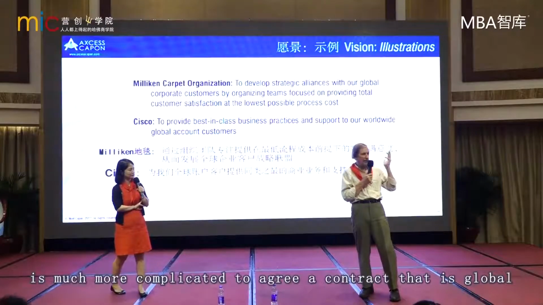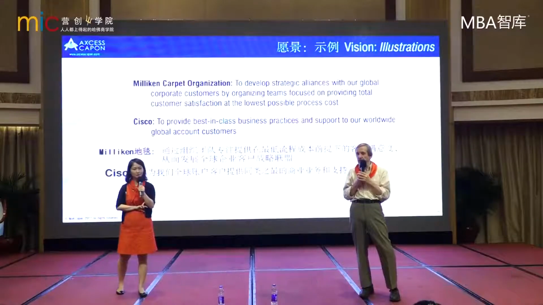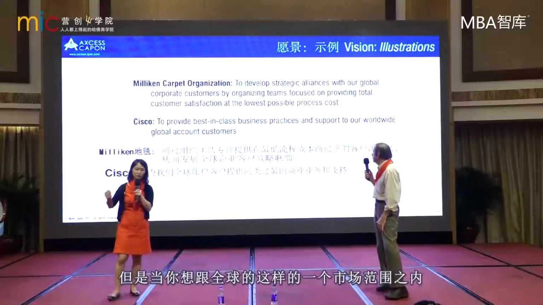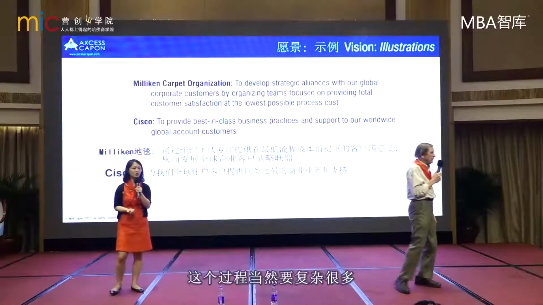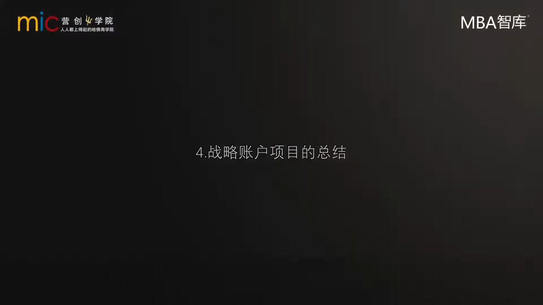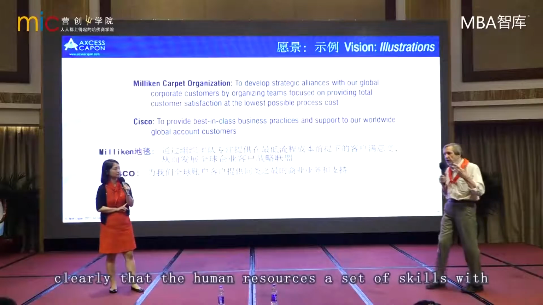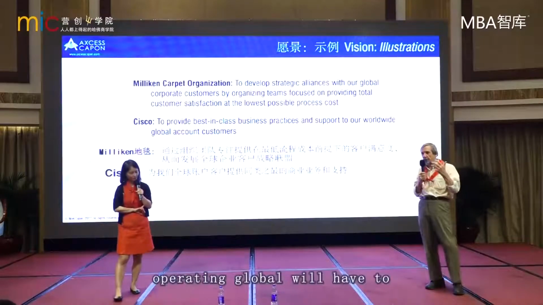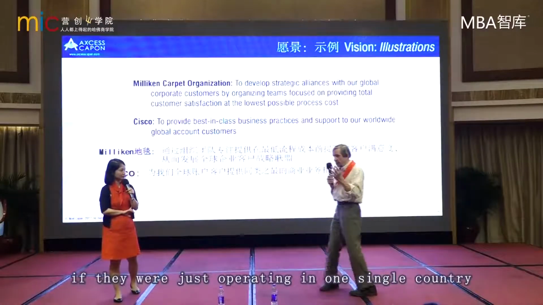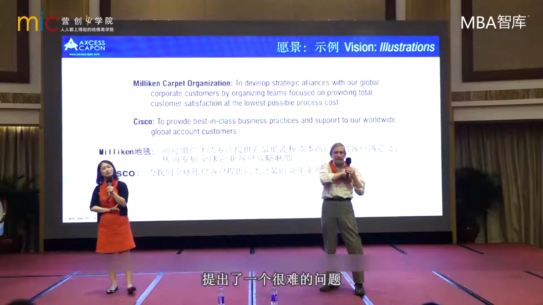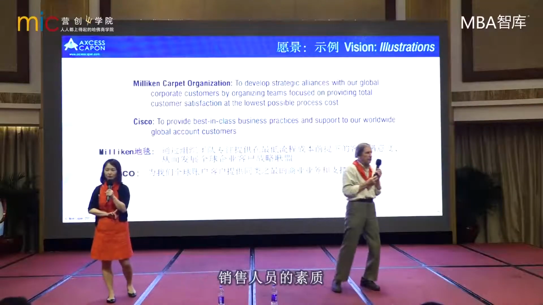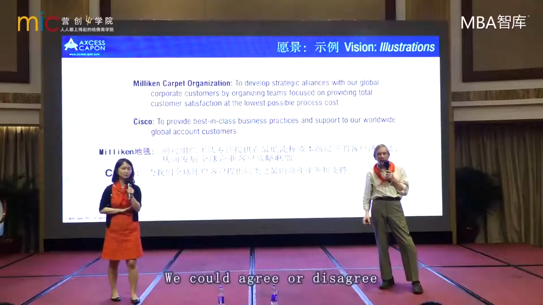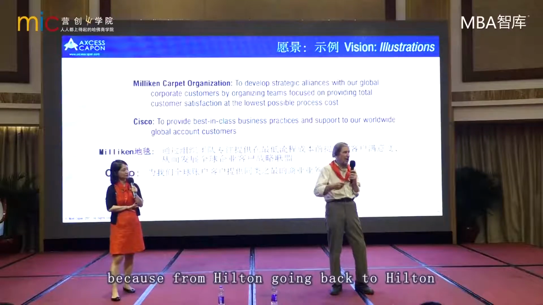I think you can see that it's one thing to negotiate a carpet arrangement, a carpet contract in one country, and it's much more complicated to agree a contract that is global. 我们都知道这个道理啊，就是如果你跟一个国家的企业去谈的时候，你可能会比较容易去拿下这个订单。但是当你想跟一个全球的市场范围之内采购部去谈成生意的时候，这个过程当然要复杂很多。So what goes along with this vision is clearly that the human resources, a set of skills that are global account managers, our strategic account managers operating global, will have are going to be greater than if they were just operating in one single country. 那就给这家企业的人力资源部提出了一个很难的问题，也就是什么？他要提升他的销售人员的素质，他必须雇佣更高业务水平、更高学历的优秀客户经理，才能去拿下这样的客户。